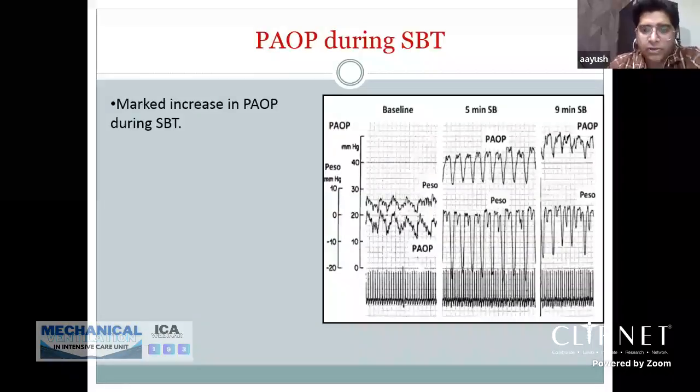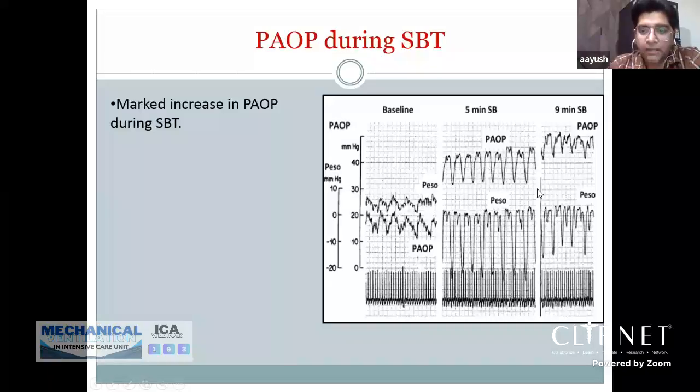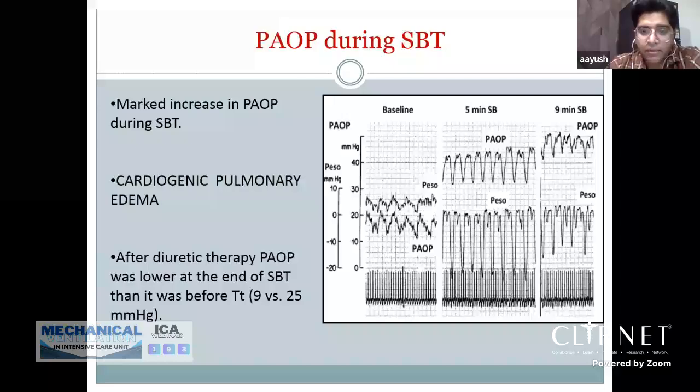What they found was that when this patient was weaned from mechanical ventilation to spontaneous breathing, there was a significant elevation in pulmonary artery occlusion pressure, which was measured with a pulmonary artery catheter in place. Also, at the time of weaning, the esophageal pressure goes down significantly because of negative pressure, but the difference between the pulmonary artery pressure and the pleural pressure outside, that is the esophageal pressure, is still quite high. Hence this significant elevation in pulmonary artery pressure led to the development of cardiogenic pulmonary edema in the process of weaning, that is, negative pressure pulmonary edema. And they found that after using diuretic therapy, these patients showed a significant reduction in pulmonary artery pressure at the end of the SBT and hence successful weaning.